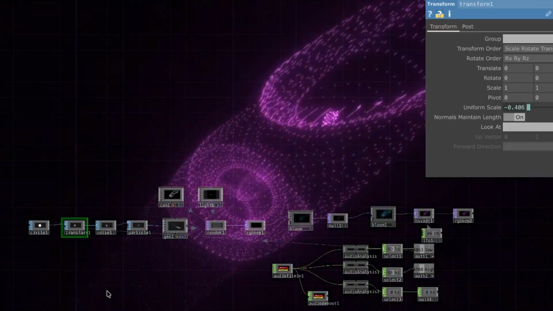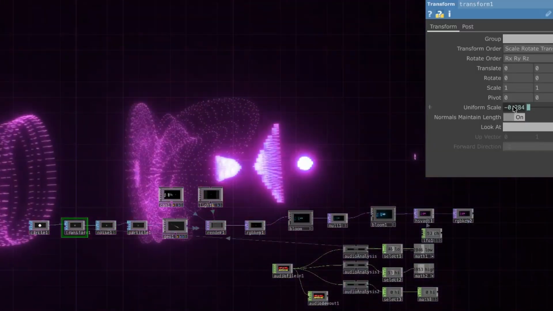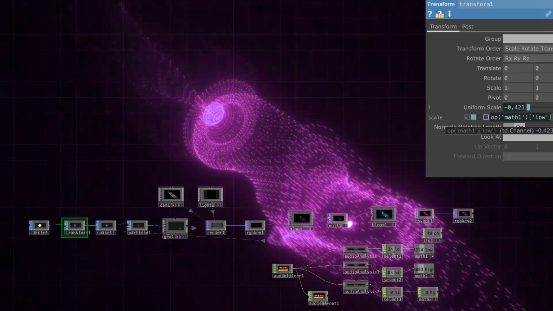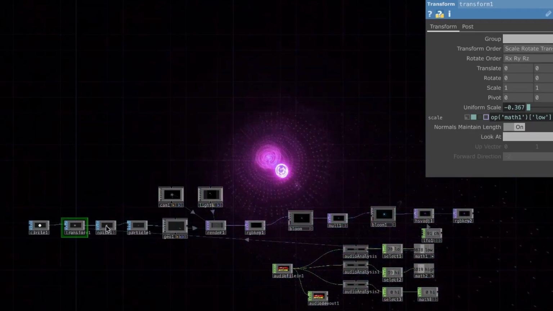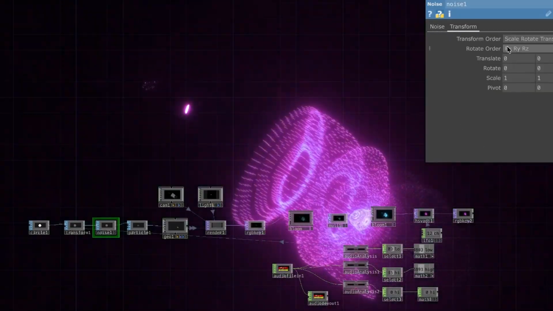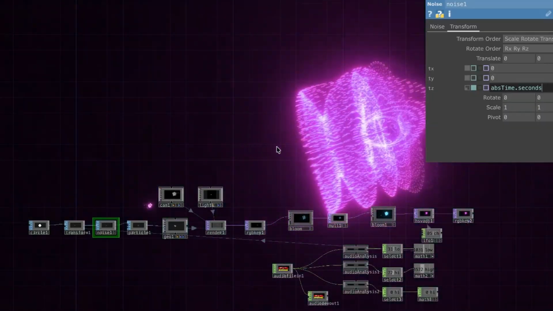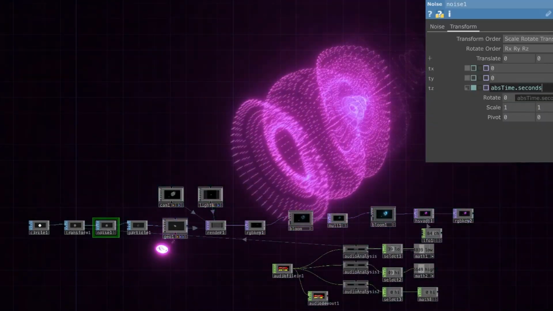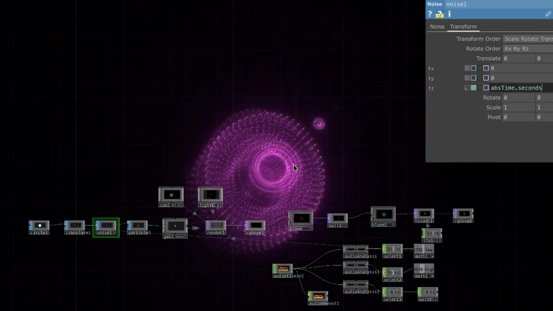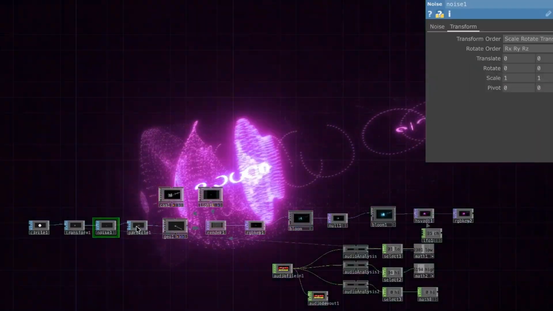And then we will use a transform. This is the output I'm taking here, as you can see. Then we will go to the noise. We are not doing anything different here, other than using the z axis as the absolute, as the beats, like the exact seconds here. And for that I have put in absolute time dot seconds in this.